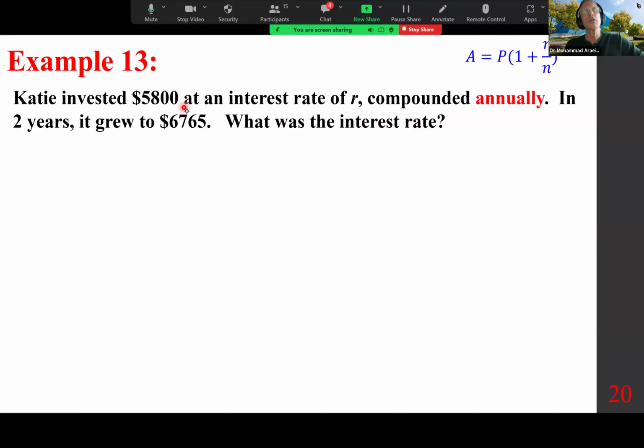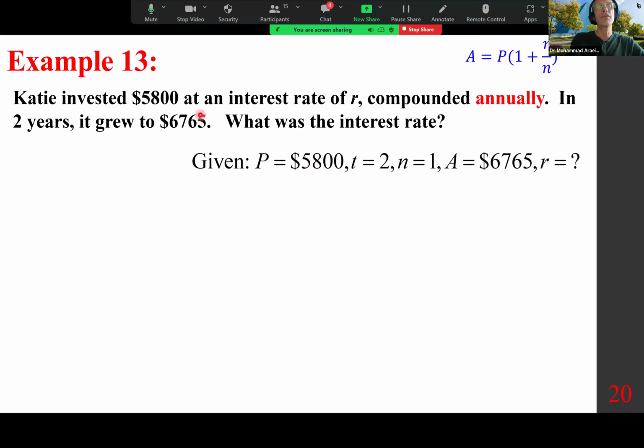Katie invested $5,800 at an interest rate of R compounded annually. In 2 years it grew to $6,765. What was the interest rate? Reminding you of the formula for compound interest: P is the principal, R is the rate, T is the time, and N is the number of compounding that takes place per year. Therefore, P is 5,800, T is 2, N is 1 because it says annually,